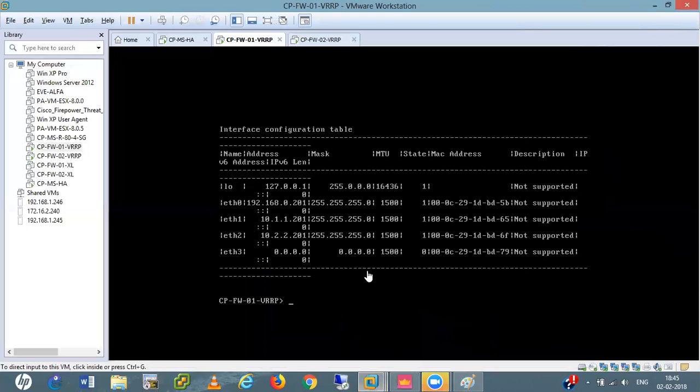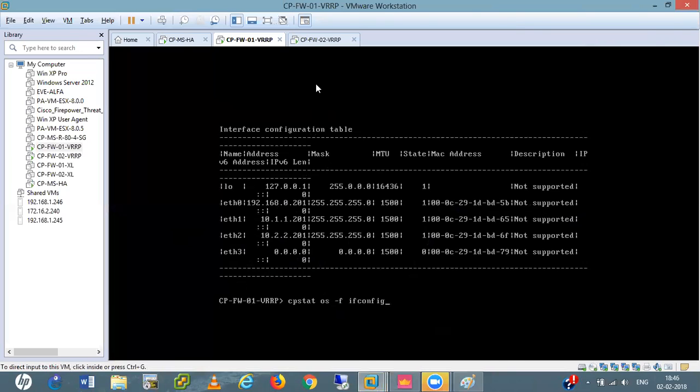See, here we get all the interfaces, ETH0 with IP, subnet mask, MTU information, MAC address. So we use this command for that: cp state os -f ifconfig.